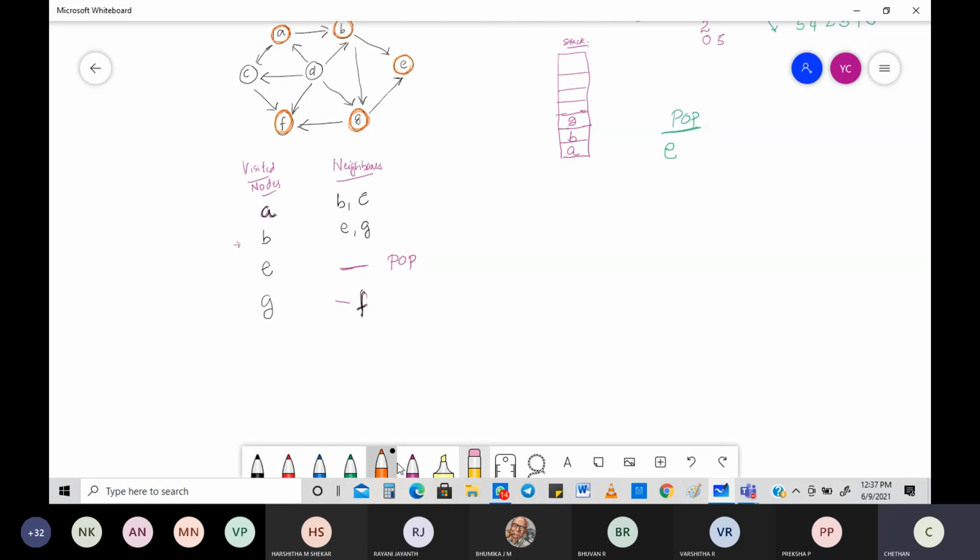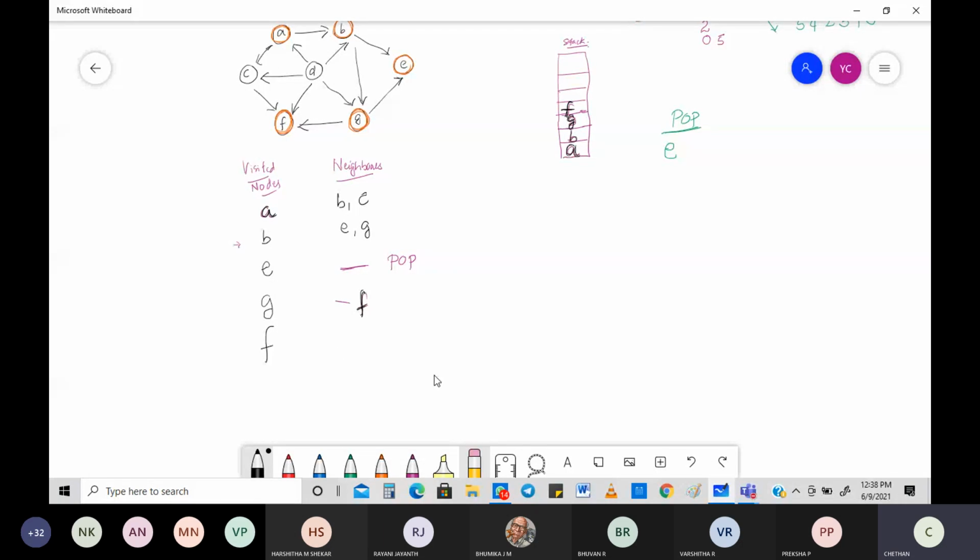Okay, so I'm going to write that F is going to come right here and also onto the stack like this. I'll write it in another color itself, so that differentiation becomes easier. See, this is F, this is G. This is B, and this of course is A. Okay, if you can't see, please zoom in.